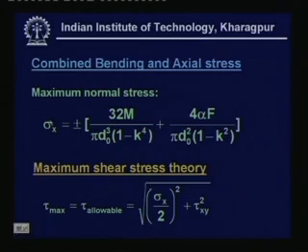So, now you understand this sigma x notation and this tau x y notation, and accordingly we can write down this expression, and